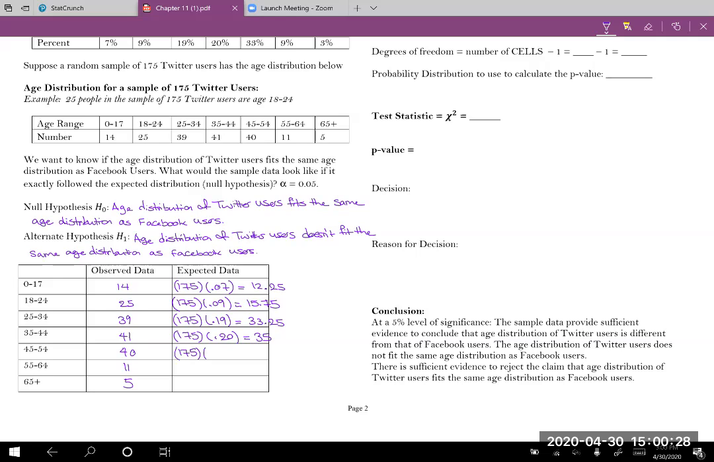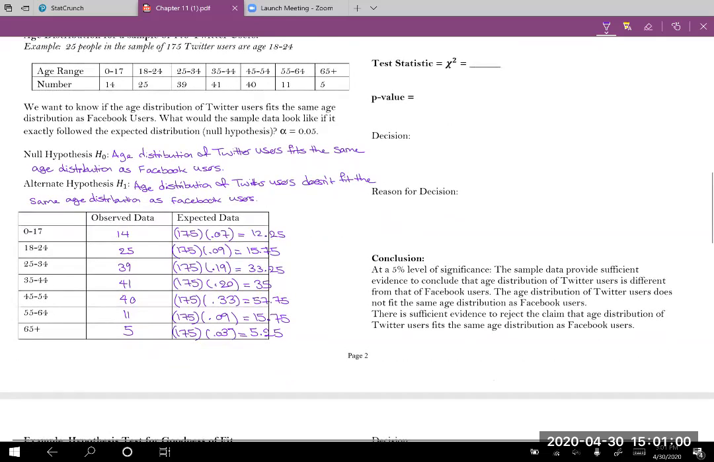175 times 0.33 gives me 57.75. From 175, 9% again are between the ages 55 and 64. That's about 15.75. And from 175, 3% are 65 and over. So that's about 5.25. Okay, so now using StatCrunch to do this, you want to go on Stat, make sure you enter the